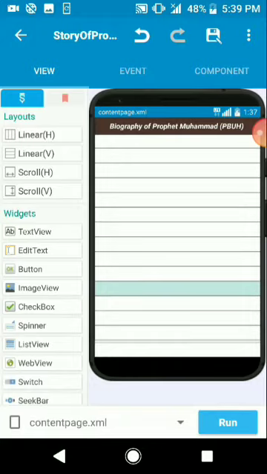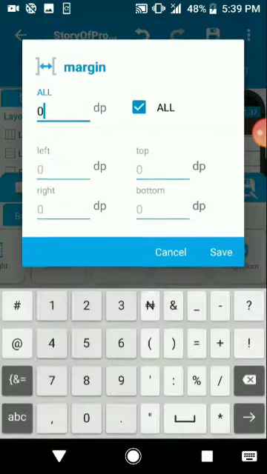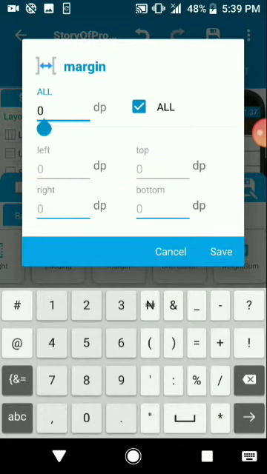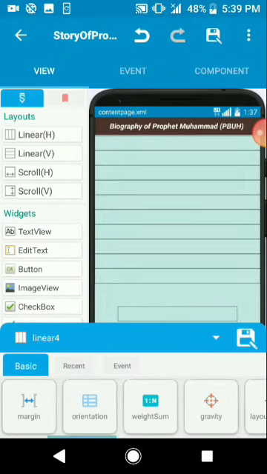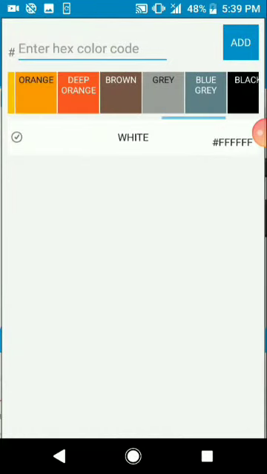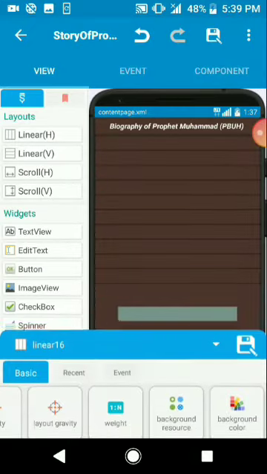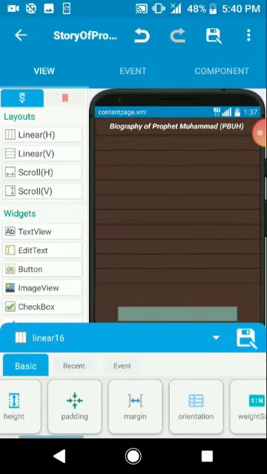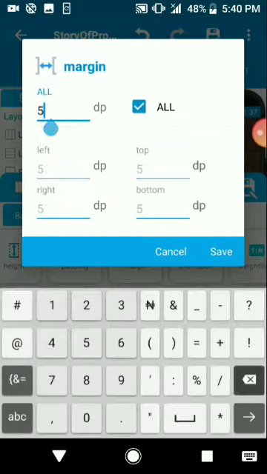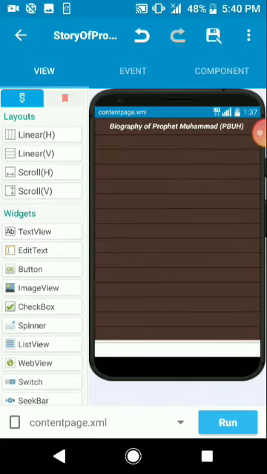Okay, so before we return the margin, let me quickly bring back the background color. So let me set it back to 50, so I can have access to the background. And then let me set the background to brown. Okay, so we can now bring this back to 0. So now we have the linear view where we'll be inserting our